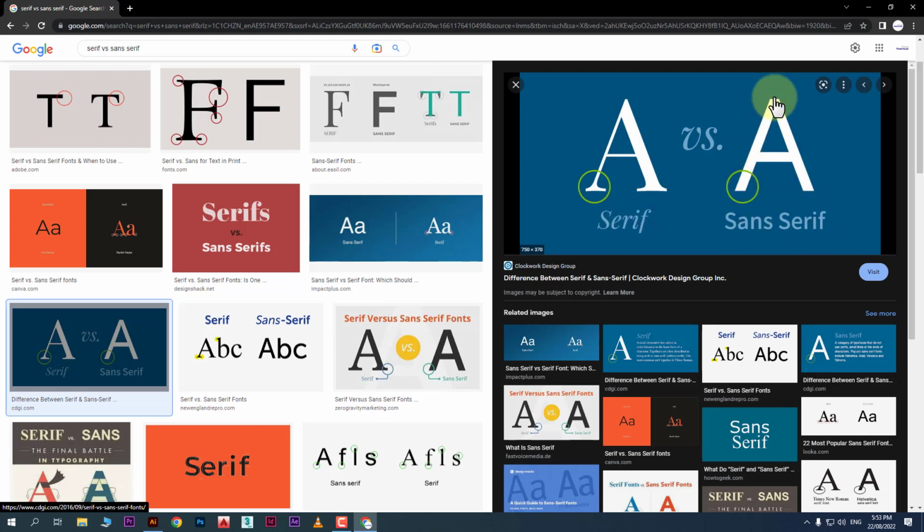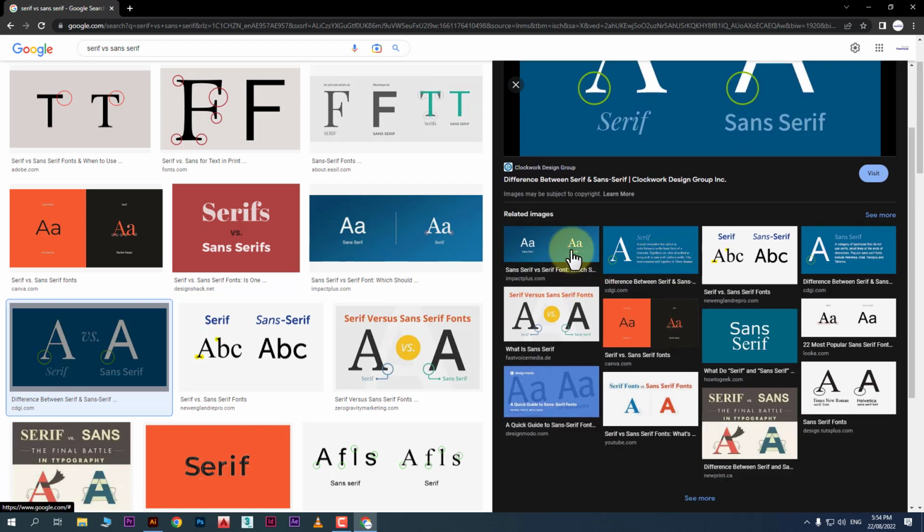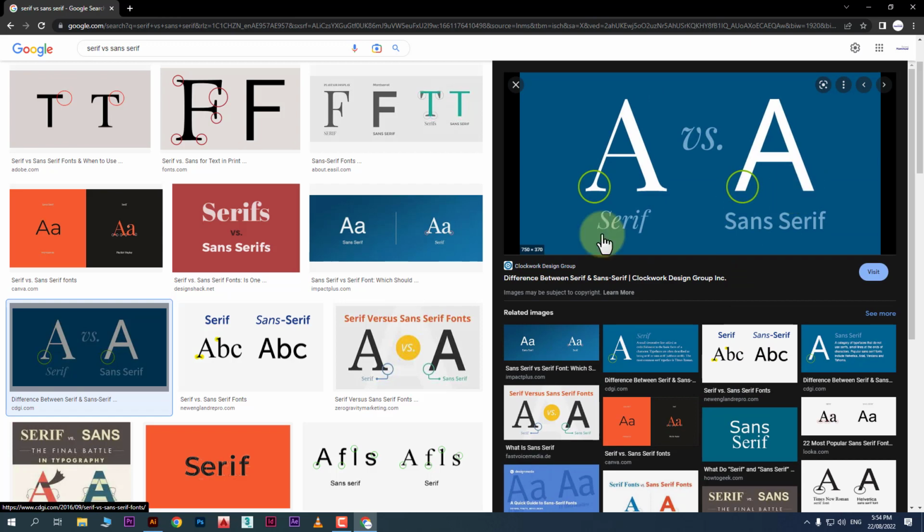If the fonts are straight and don't have any hook or extension at the end or any design, they are sans, right? Sans means without, serif means hook. So the fonts without hooks or extensions are called sans serif. If you want to be on the safer side, go with sans serif. If you look at the famous logos, mostly 70% of them are using sans serif. This is safe. Serif fonts have a little decoration. Sometimes you can choose them, otherwise mostly choose sans serif